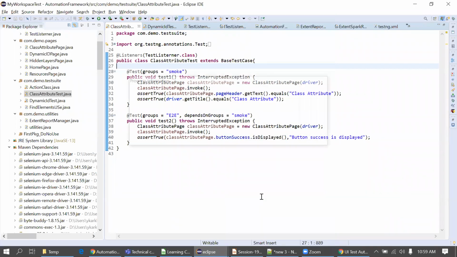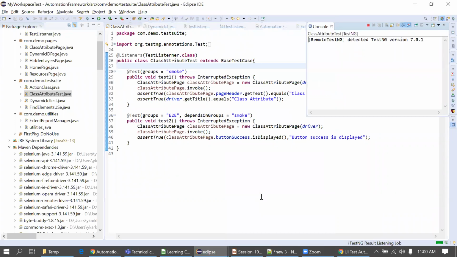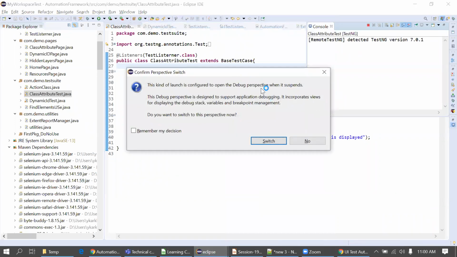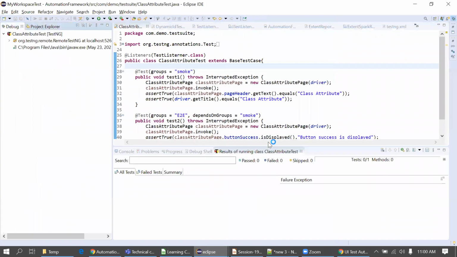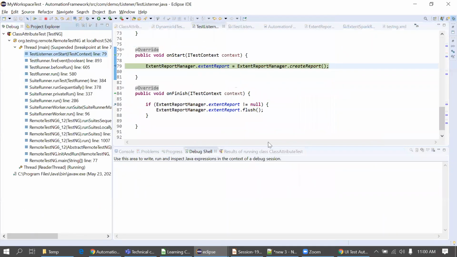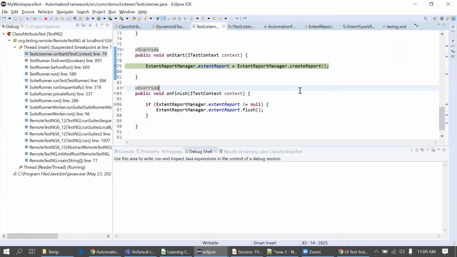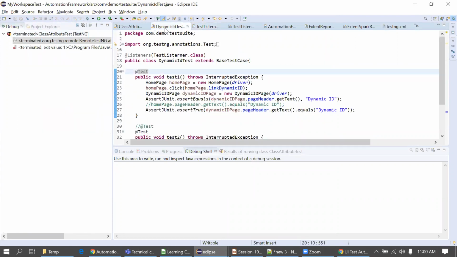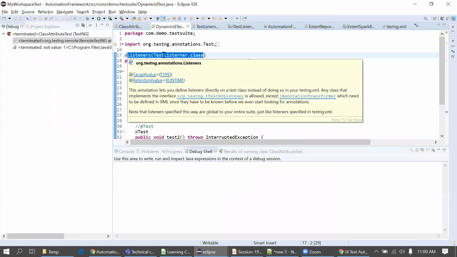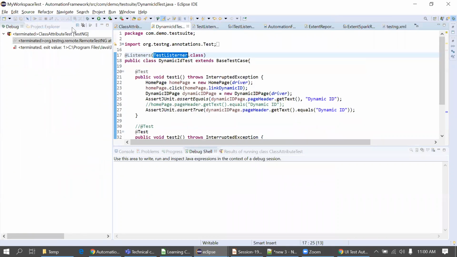Debug as TestNG test. Just now our execution got started. You can see I have already put this listener, the test listener that we have implemented.